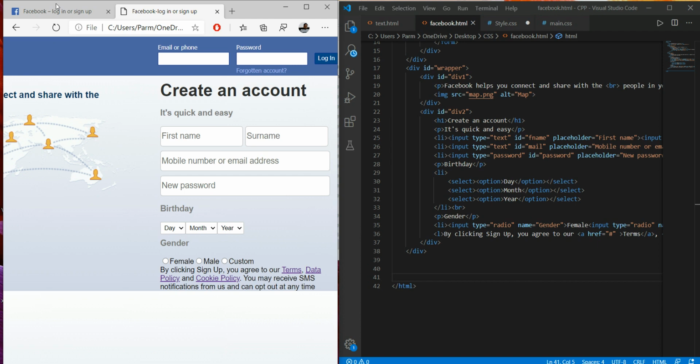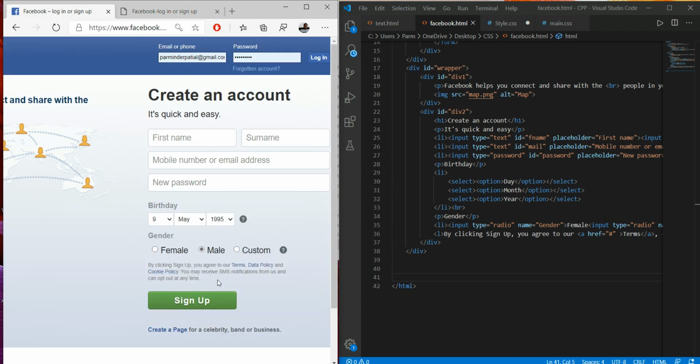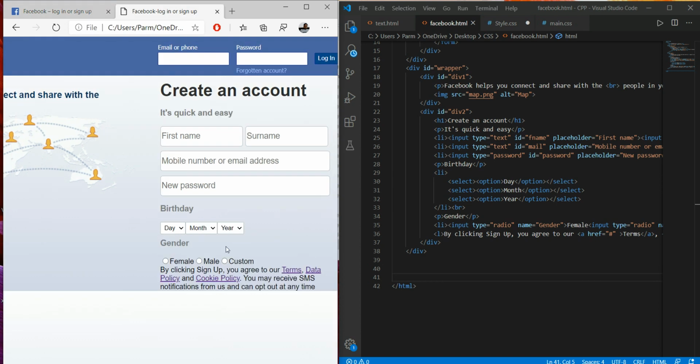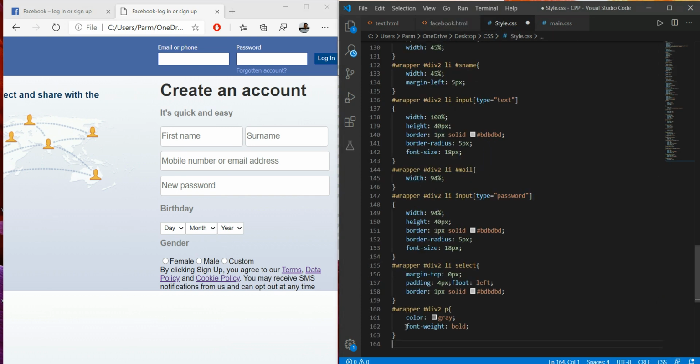Now we have to make the changes to its font style and all these things, and we have to make it smaller and adjust the display settings. So for this we have to create a list. First, we don't want underline over here, as we see in our case this is underlined, so I just want to remove this underline. For this I have to write the style. So here hash wrapper hash div, then within the list we use anchor,